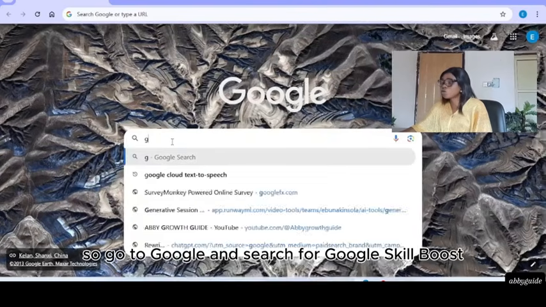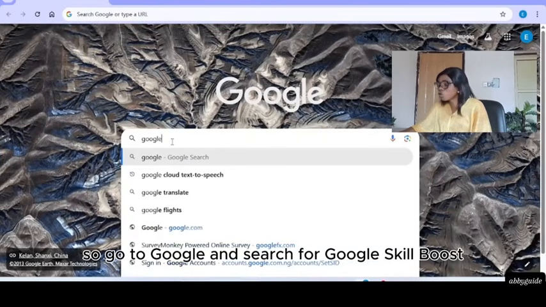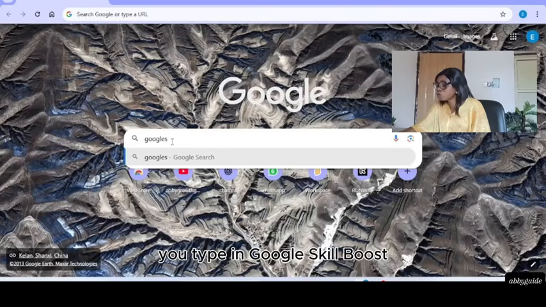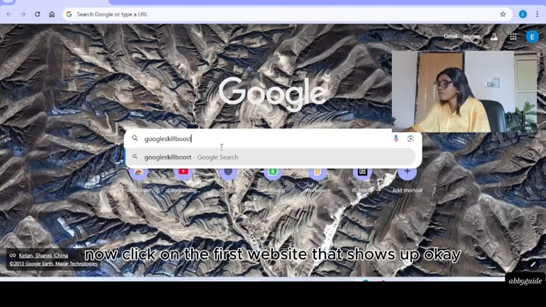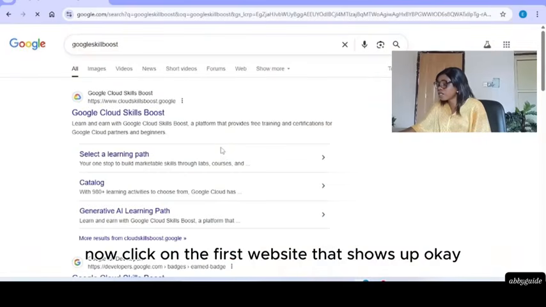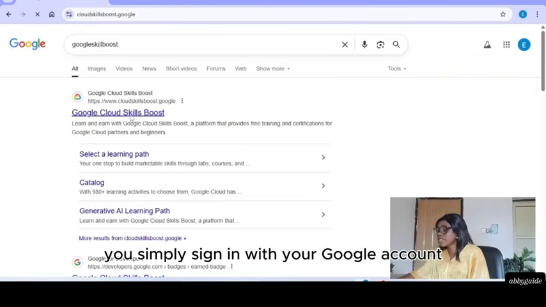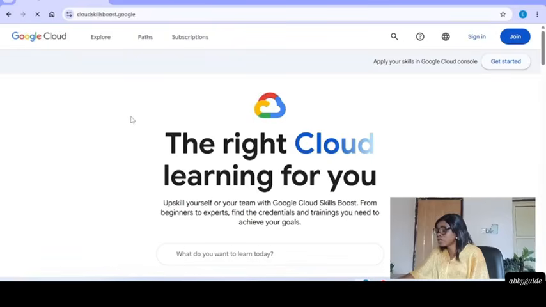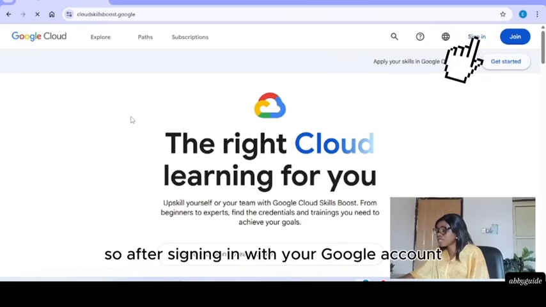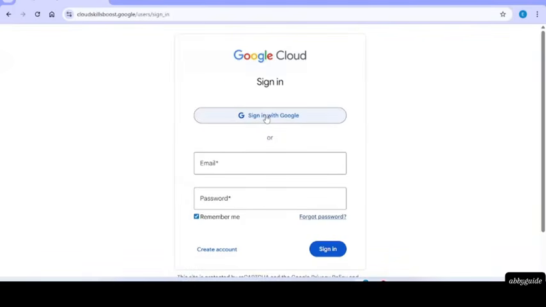Go to Google and search for Google Skill Boost. You type in Google Skill Boost. Now click on the first website that shows up. Once you click on that, you simply sign in with your Google account. After signing in with your Google account,